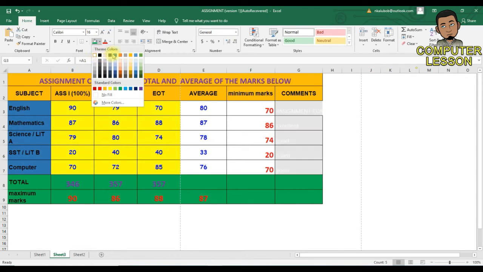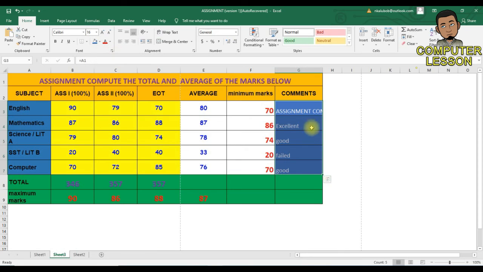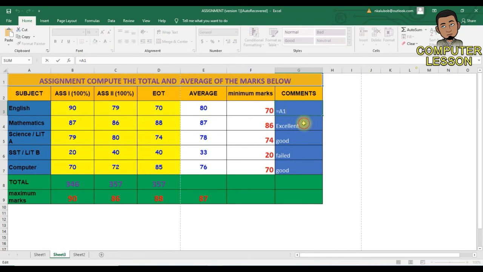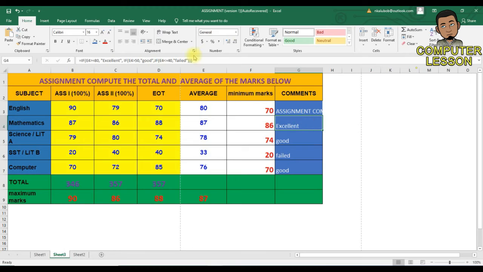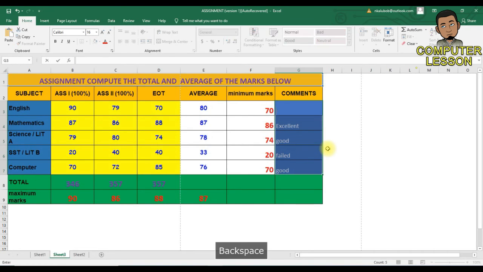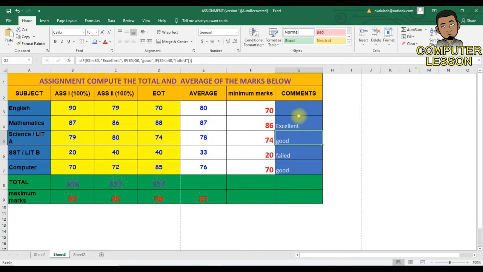I realize I didn't remove the backgrounds. Okay, again, let's redo it.